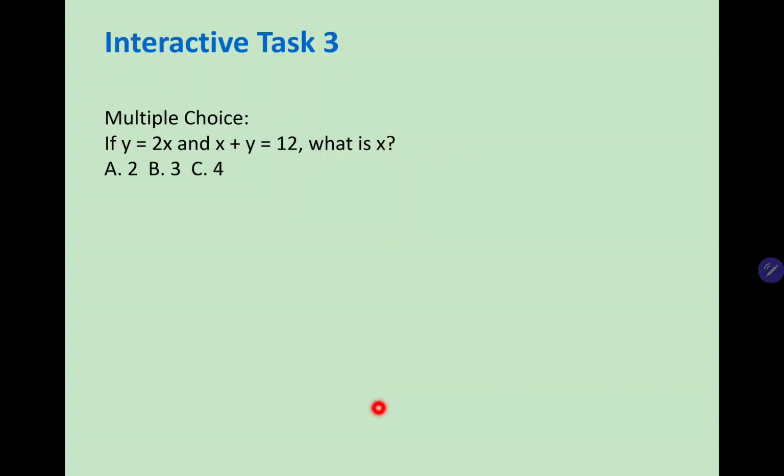Then there's a multiple choice question. If x is equal to 2x and x plus y is equal to 12, what is x? Please stop running away from x. People, once they hear find x, they get scared. X is always very easy to find. Just find it using our formats. Okay,